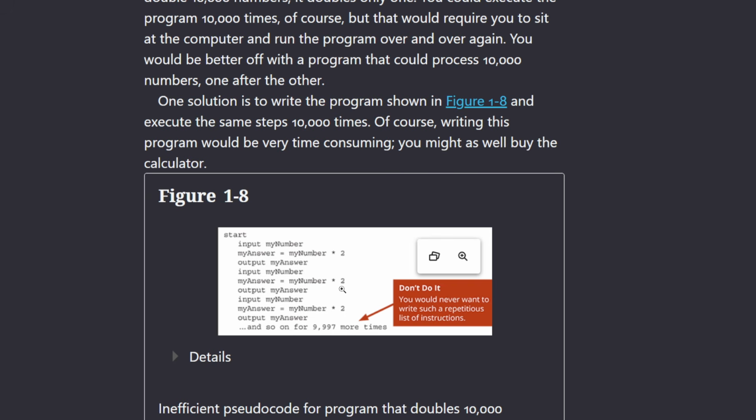For example, in this, we input my number, then we multiply it by 2 and store it to my answer variable. We output my answer, then we repeat it more and more times